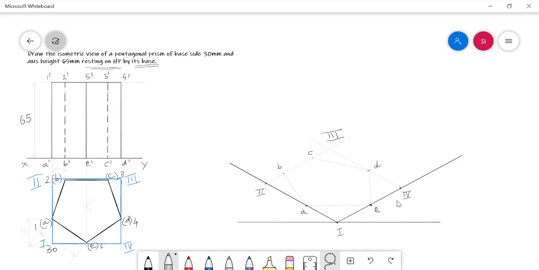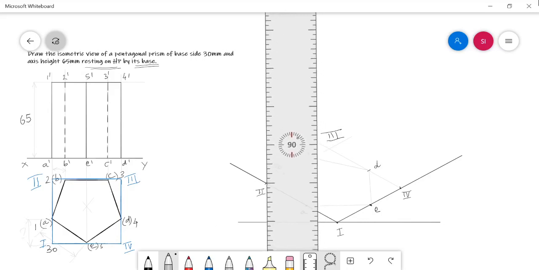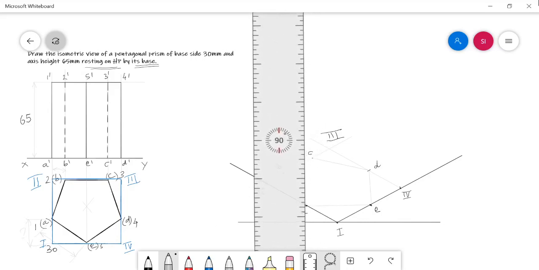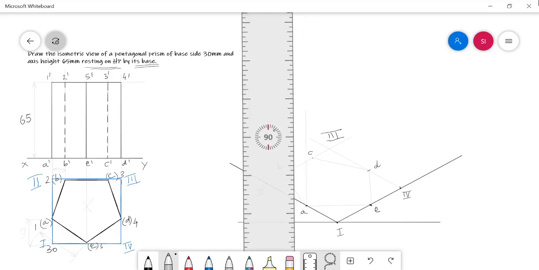Say here the point number 1, the face corner 1 is 65 mm located in the upward direction from the point A dash. So what I need to do is locate the point number 1 65 mm above the point A. Here I can mark the point number 1.